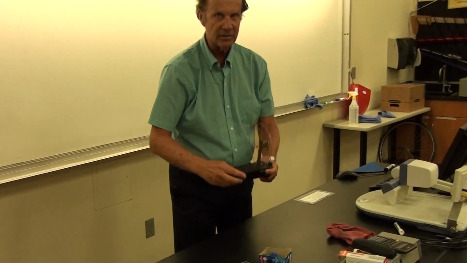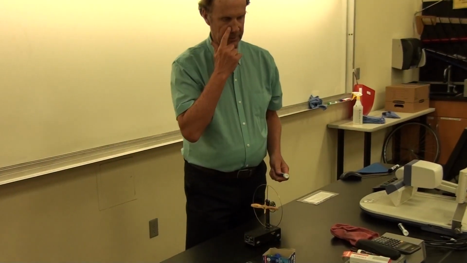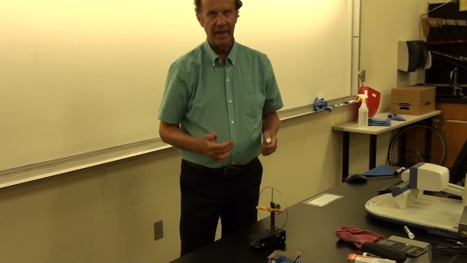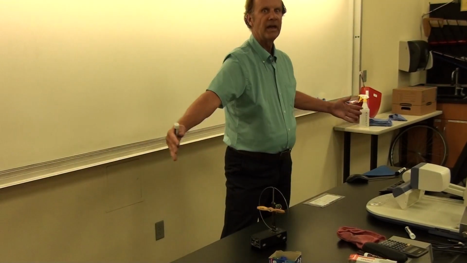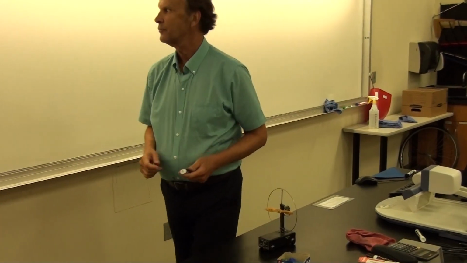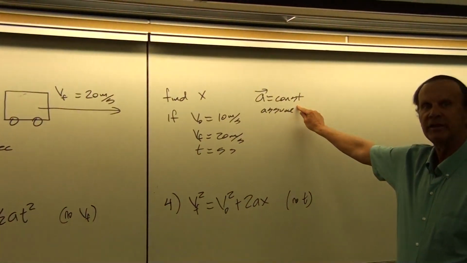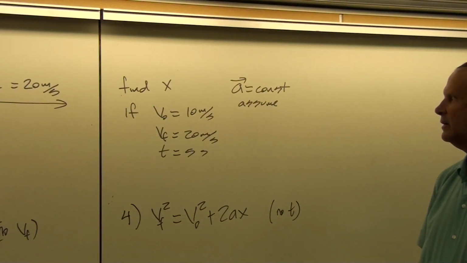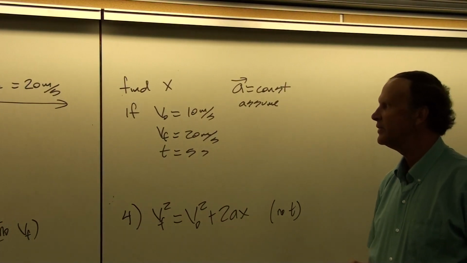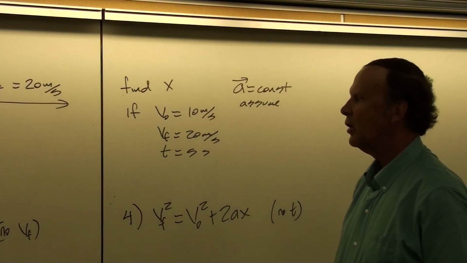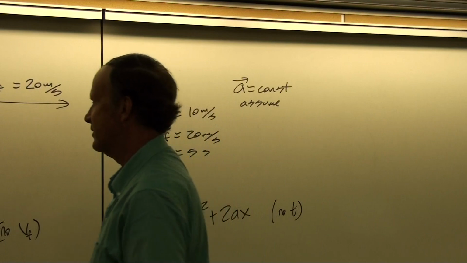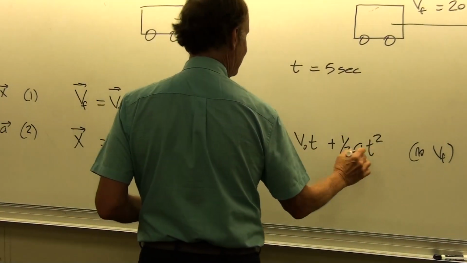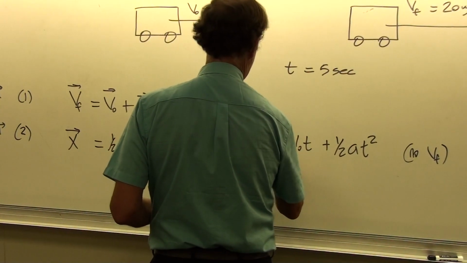We stop the stopwatch. It says 5 seconds. We measure the final velocity, and we want to know, well, how much table did it take up? And we're not told what the acceleration is. So if we're thinking carefully about this, we might be able to go back to our kinematics equations and find an equation that doesn't have the acceleration in it. And that might be the one that would give us the correct answer.